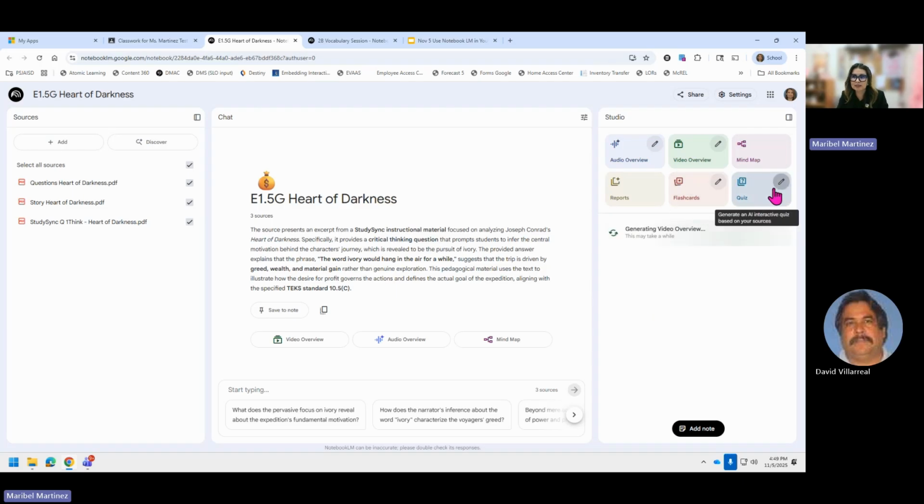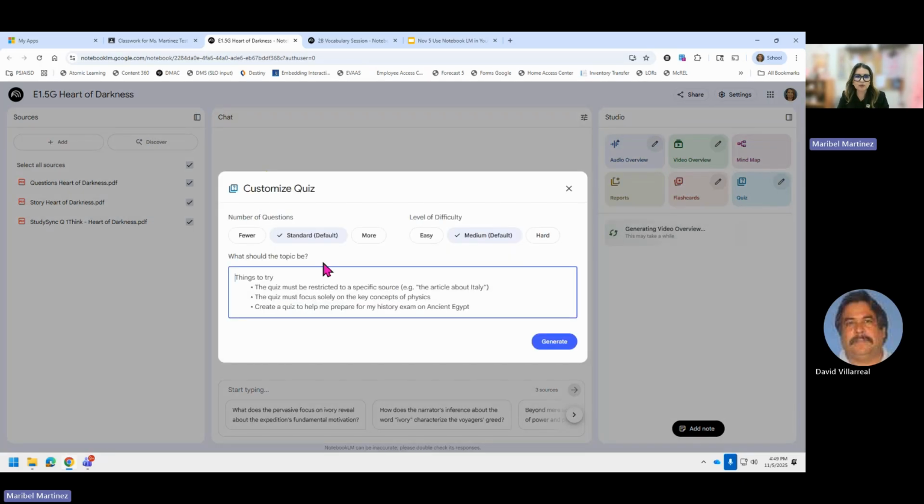start creating a quiz. You click the pencil to create a quiz, and here you choose the number of questions that you want. Is it a few questions, maybe the standard, which is 5, or it goes up to like 25 questions. So I would stick to maybe a few questions. Also the level of difficulty. And here I'm going to be very specific again with the TEKS. I'm going to go ahead and use the same TEKS,